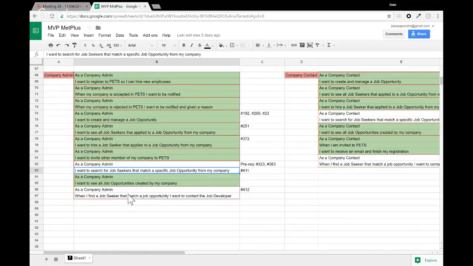And as a company admin, when I find a job seeker that matches a job opportunity, I want to contact the job developer. Let's imagine that after we have the matching, you find your perfect job seeker, and you want to tell the job developer to send his resume, so you can see if the application is good or not and move on with the opportunity. So basically, in terms of MVP, this is what we have now.